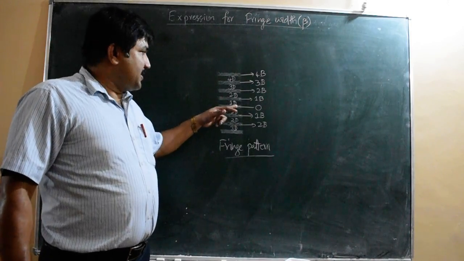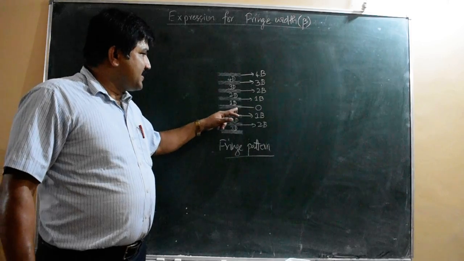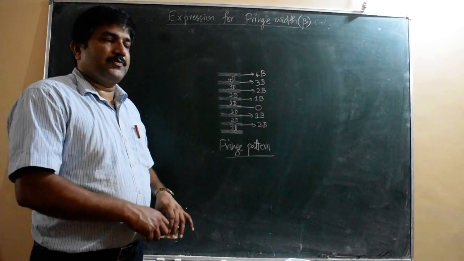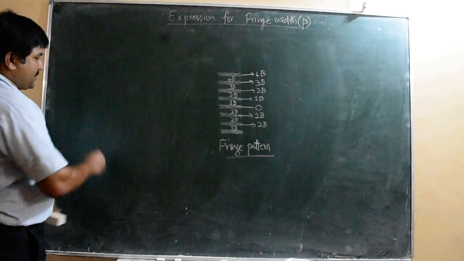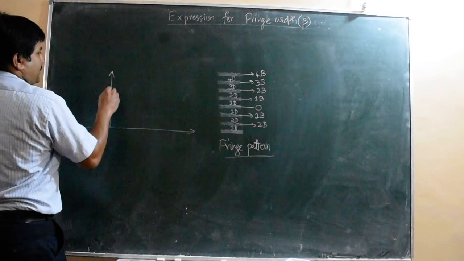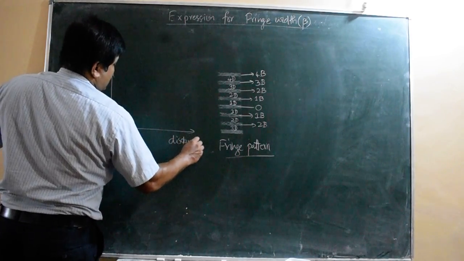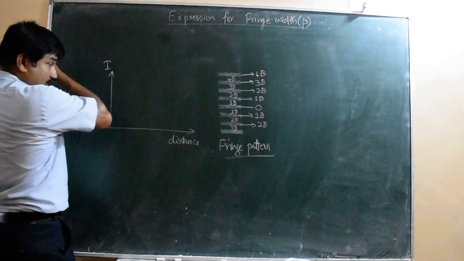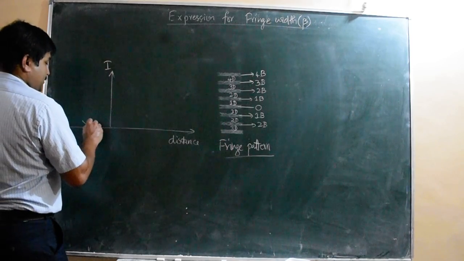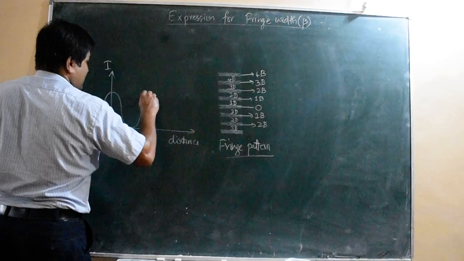At the center of the fringe pattern we take the central bright fringe. I have shown it here as O, the center of the central bright fringe. The intensity distribution curve will be like this. We take distance along the x-axis and intensity along the y-axis. At the center of the central bright fringe, the intensity is maximum, and then